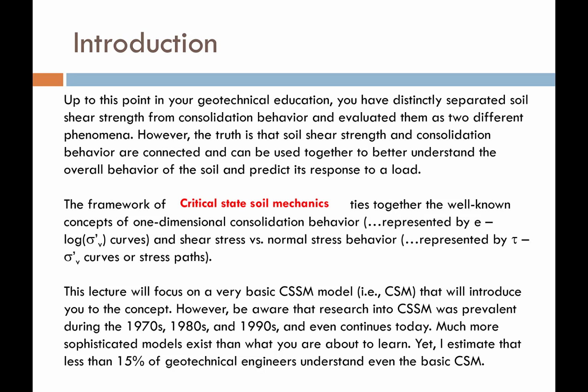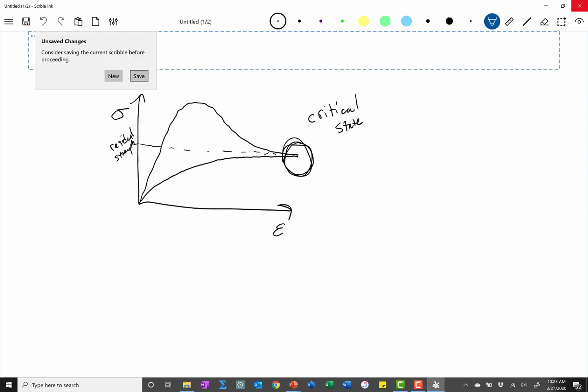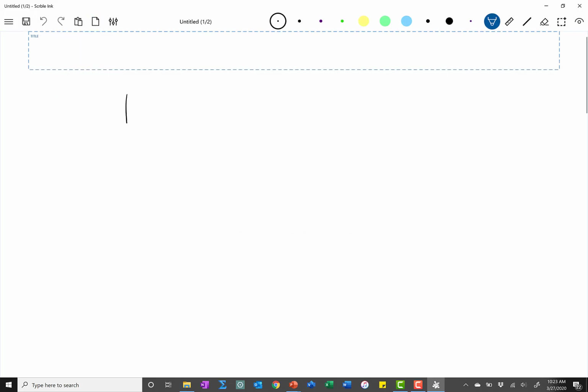And this critical state soil mechanics is then going to tie together the concepts of one-dimensional consolidation and shear stress versus normal stress behavior. So you're going to see a lot of plots that will look like this in these next 3 lectures, and I want you to become familiar with them. So you'll see a plot that will look something like this, where we'll either have tau or maybe q prime,